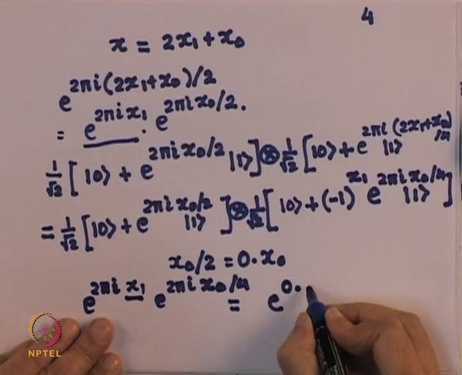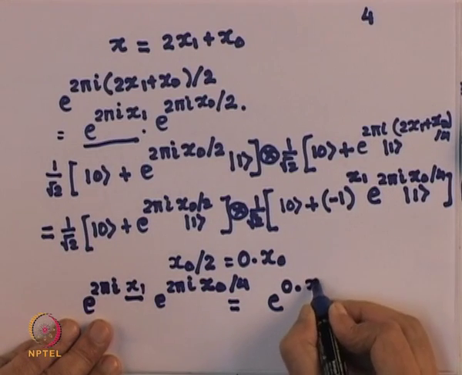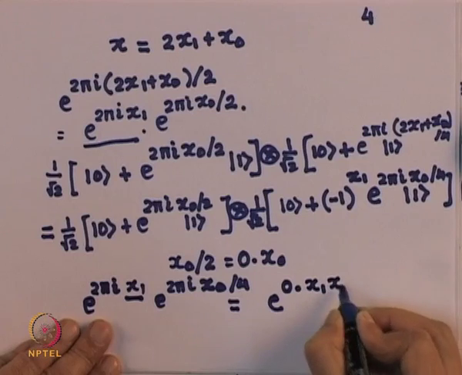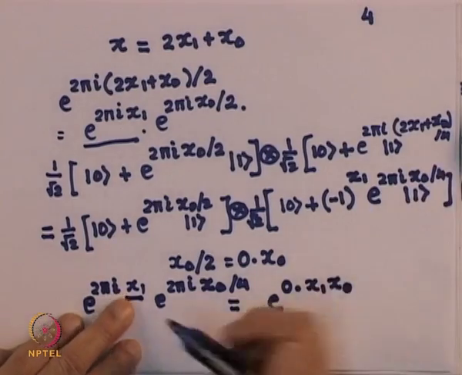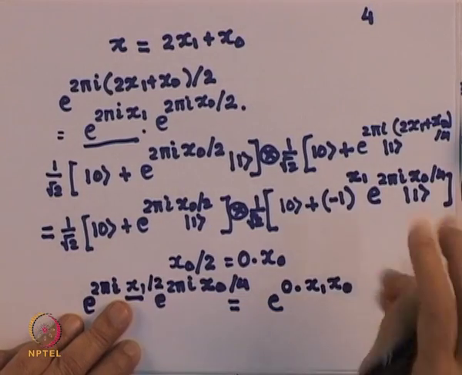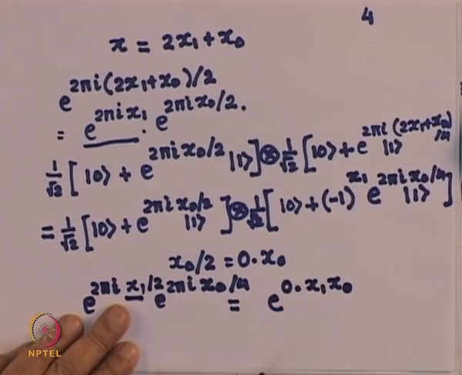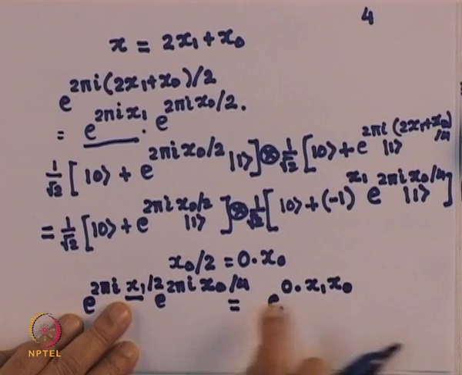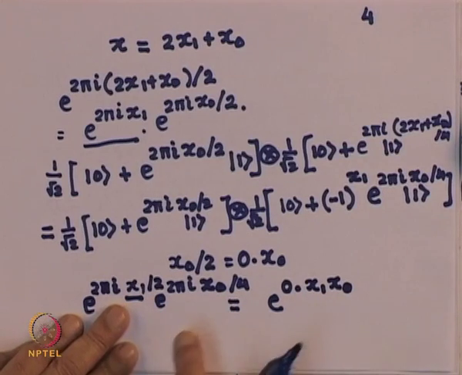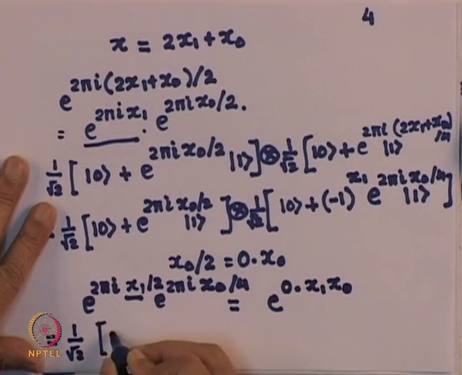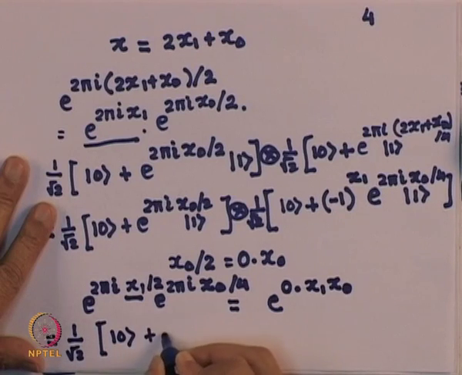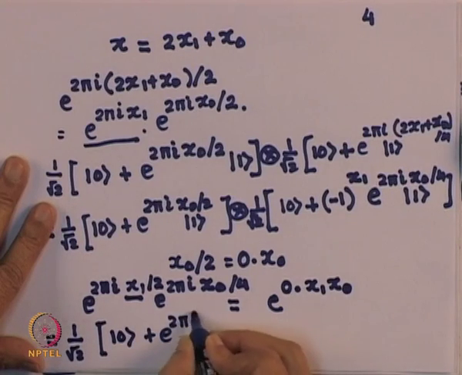So, this is 0.x1 x0. Sorry, here there should have been a 2, because this is 2 x1 by 4. x1 by 2 is 0.x1, x0 by 4 is 0.0 x0. So, finally, if I collect them all together, I am getting 0 plus e to the power 2 pi I